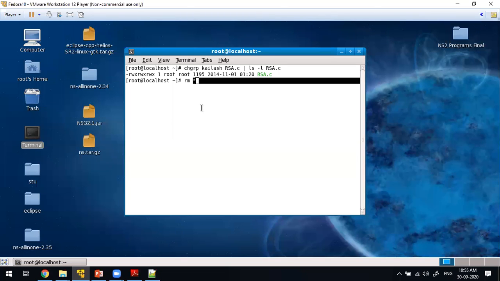Step by step, I'll repeat. The shell will open the prompt and wait for the user input. The second step is that it will search for the meta characters in the commands. If the meta characters are present, they will be replaced with the particular instruction.